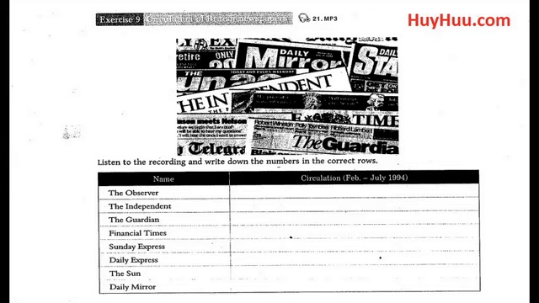The Guardian was 400,856, and the Financial Times circulation was 296,634. The circulation of the Sunday Express was 1,544,404, and the Daily Express was